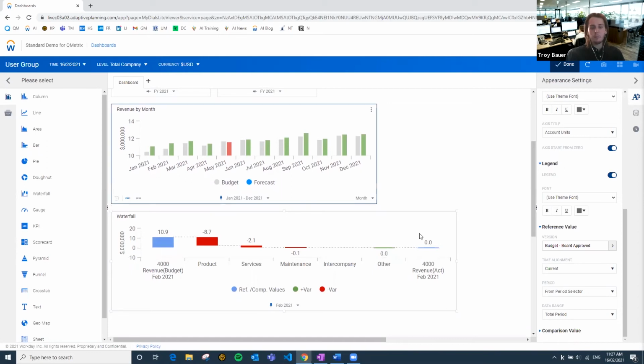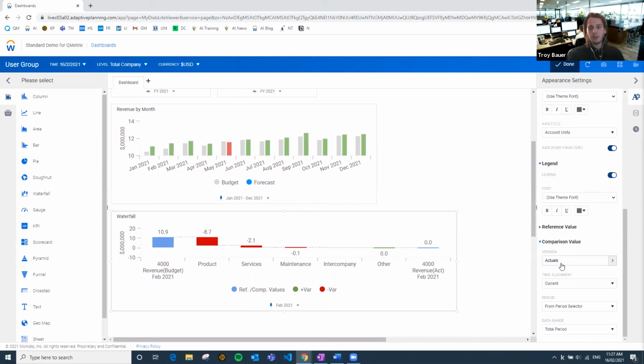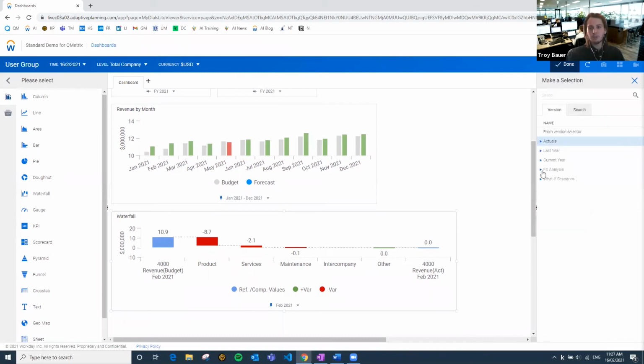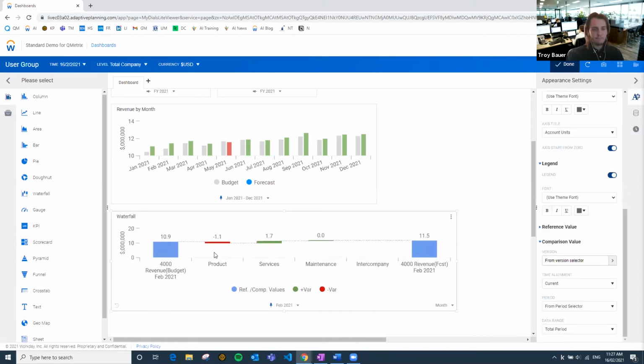That's great. My final value on the right-hand side at the very end here is actuals, which is no good either. So I'm going to change that and go into my comparison value settings. There is a version. I'm going to change that to my forecast current. Actually, no, I'm going to change it to version selector. I know my forecast is selected at the top right, so I can go straight to here and pick version selector there. Great. So that is my initial and final values set. Budget on the left, forecast on the right, differences in the middle.